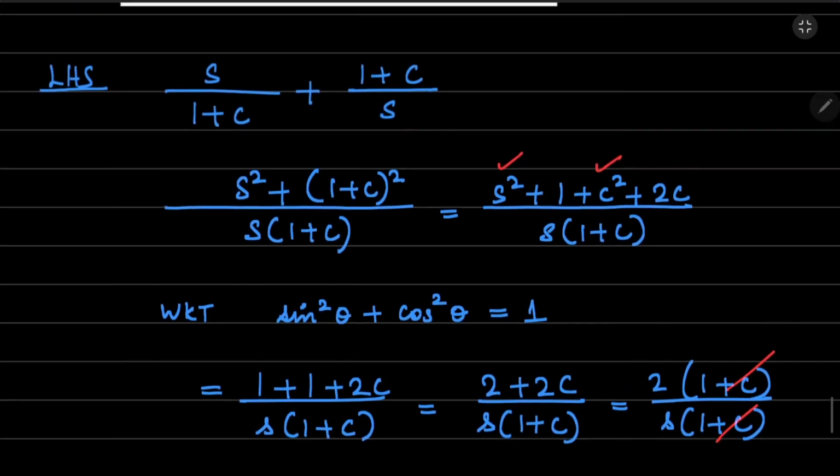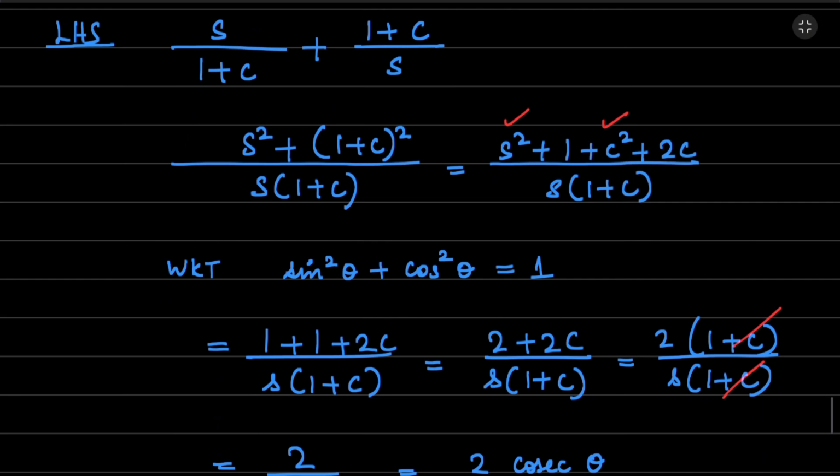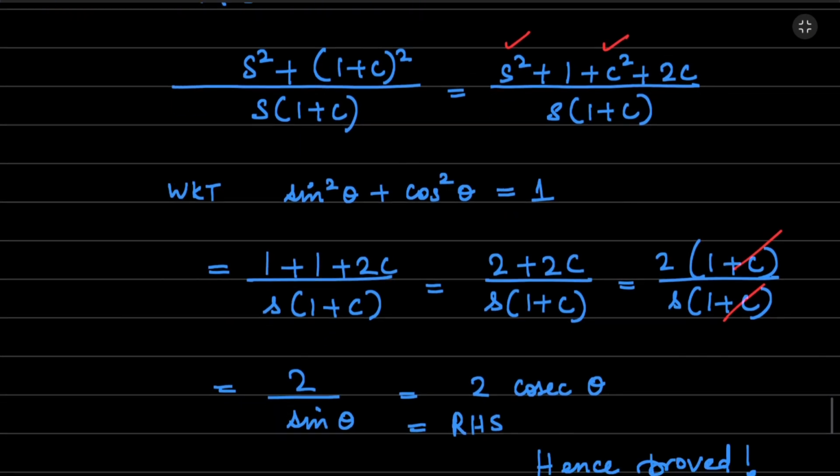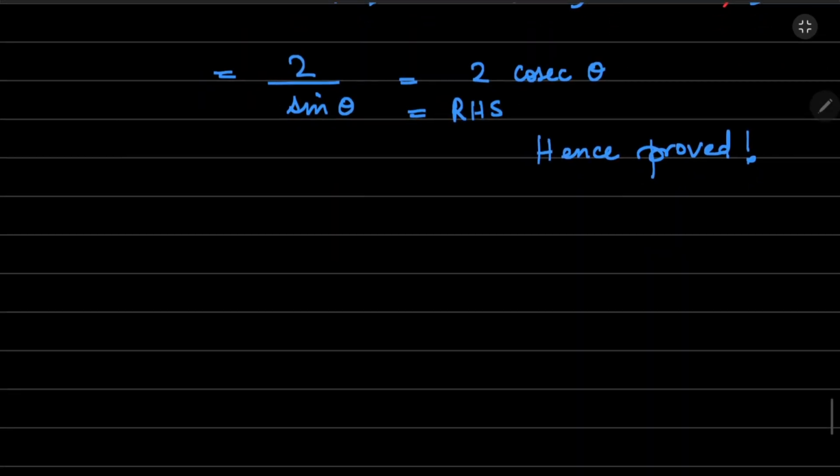Okay, so this is how you have to do it. Take the LHS and take the LCM and solve it, simplify it, make use of the identities that you have learned. Okay, let's do another question